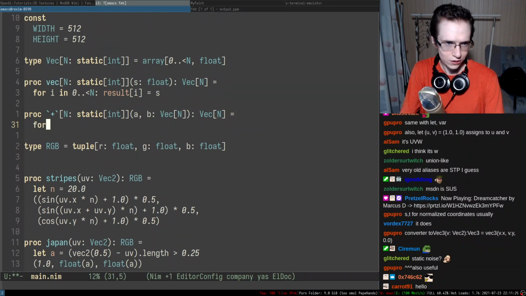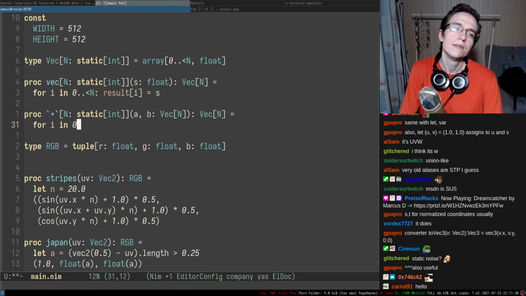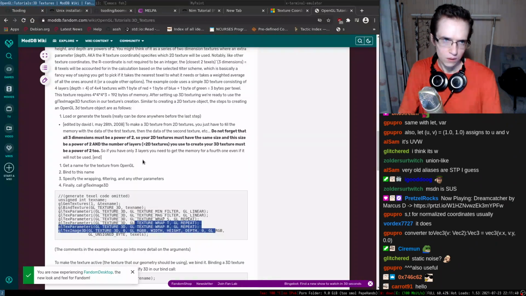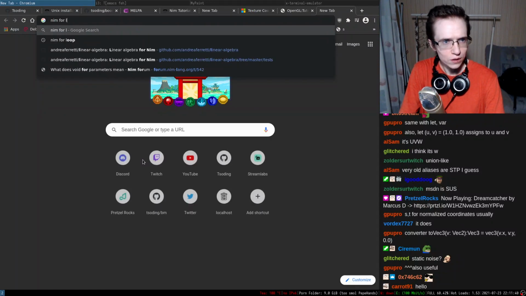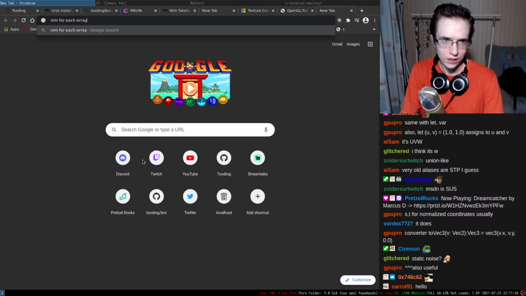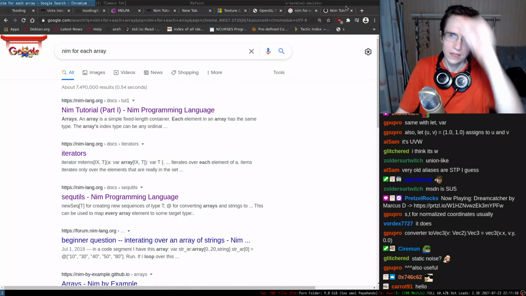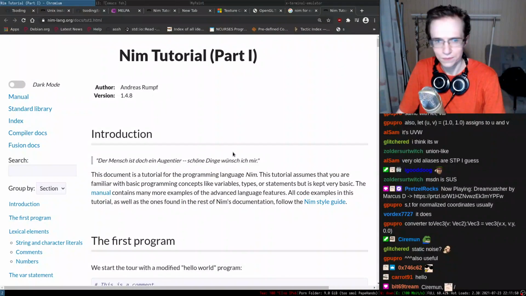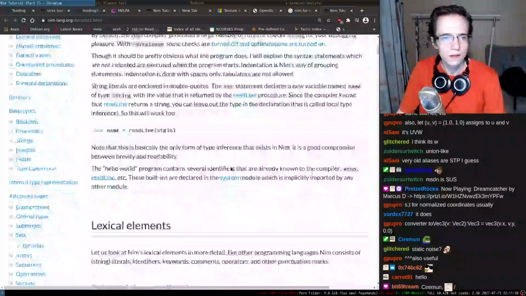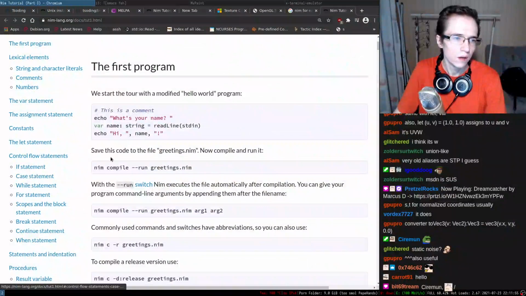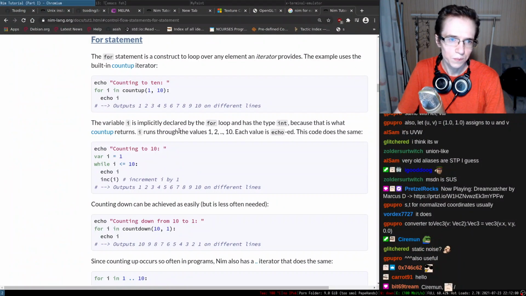Vector n, and in here is going to be i in 0. I wonder if I can iterate the result thing directly. I wonder. Okay, Nim for each array. I wish there was a little bit better for statement.